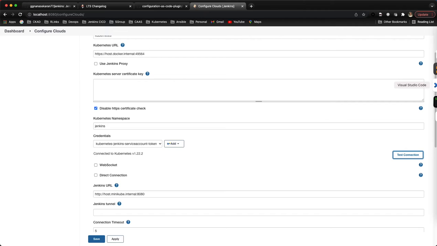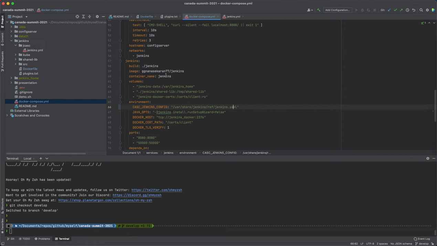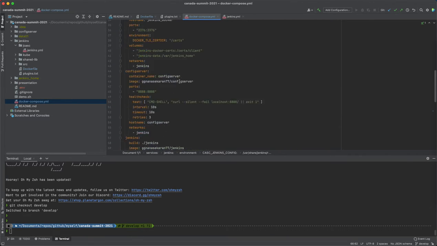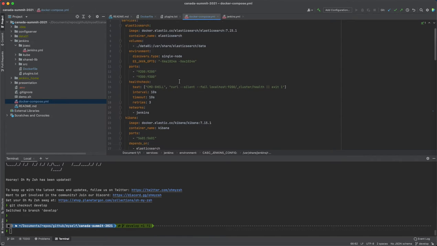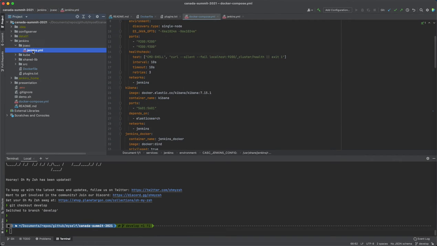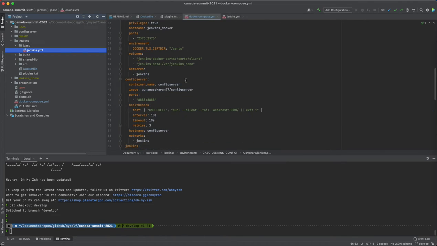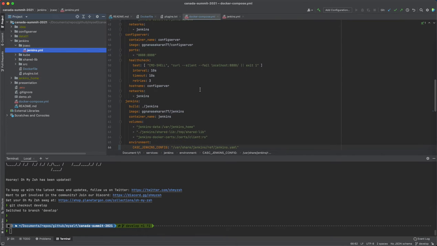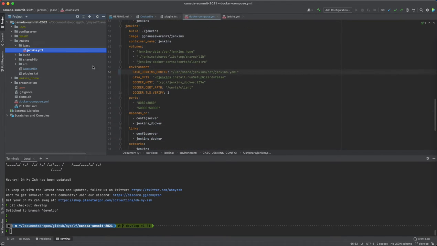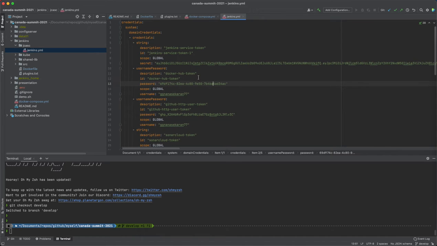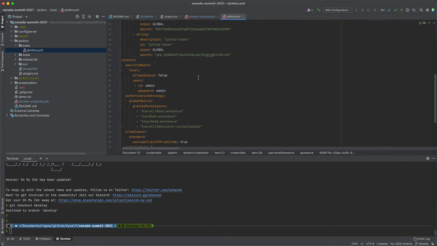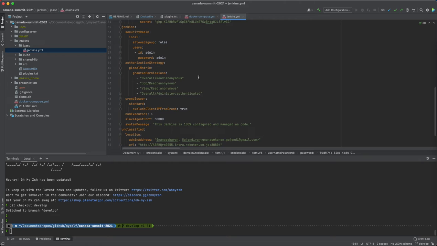If you want to fix that issue, I think it's because of this entry in the configuration.